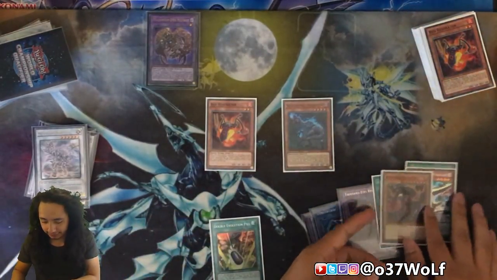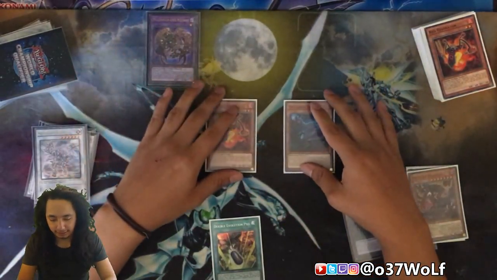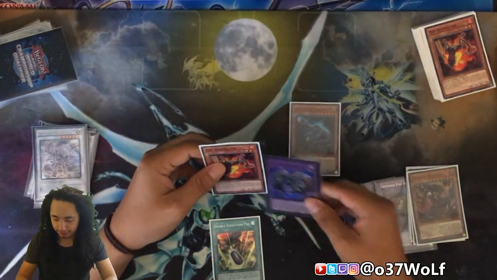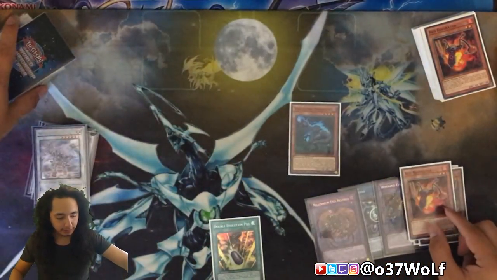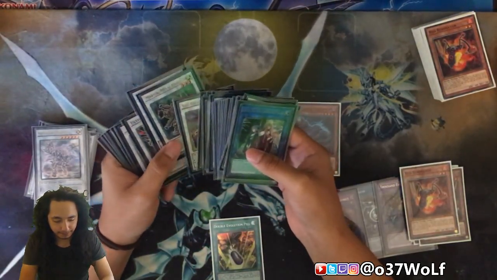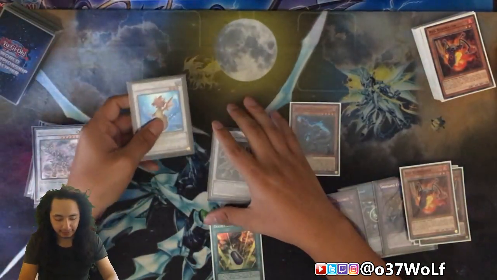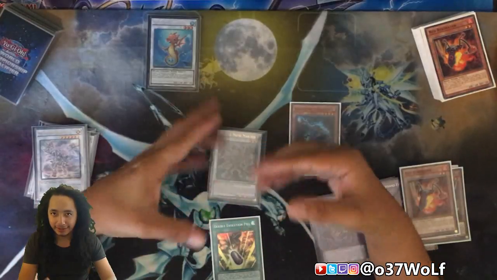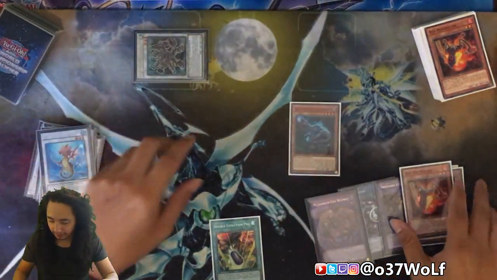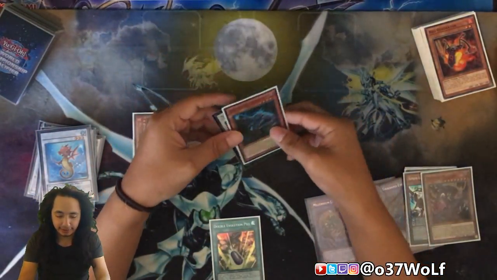Okay, so you can do two things here. You can either just do a Synchro 7, right? Or you can Synchro these two into either of these two. So what this does, this lets you Synchro with the card in your hand, which is pretty cool. Or you can go into Battle Mech, right? And then you bring back the tuner you used. And then this turns into